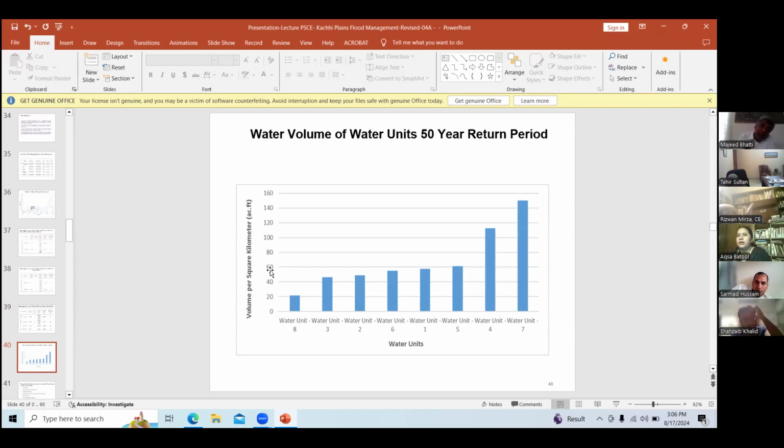That is given in acre feet. These are total water units, not hill torrents, because each water unit has many nodal points and many hill torrents. So this is the overall water volume of the water units.